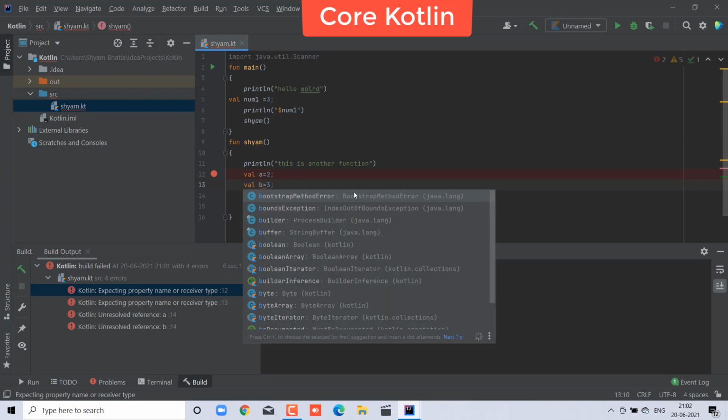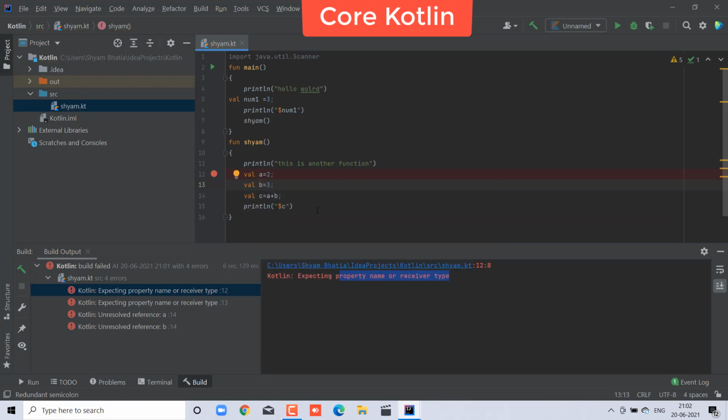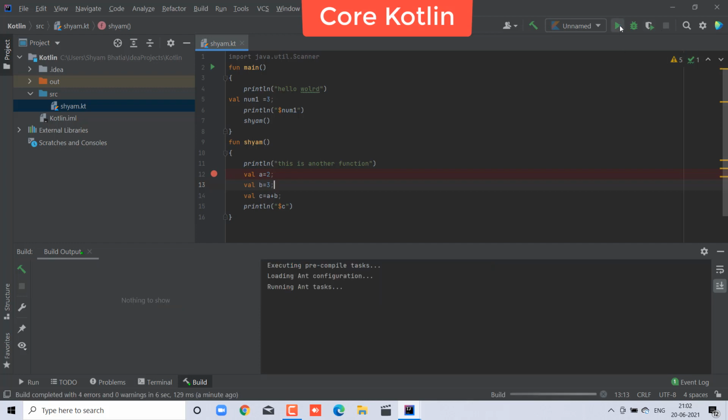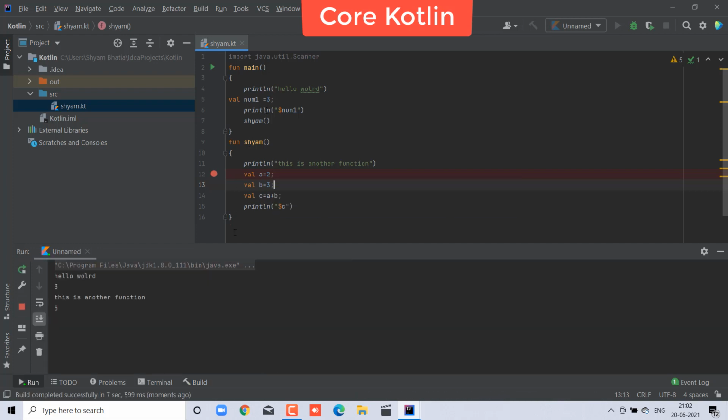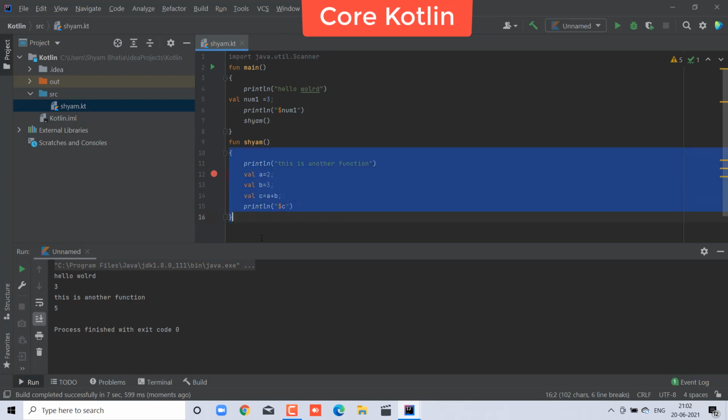I didn't give the name A, and I will give the name B. Now the error will finish, there is no error, and just run it, your program will execute, and your output will be 3 plus 2, 5, and hello world 3 and sum is 5 as expected. This is how to make a function, the most important thing we need.